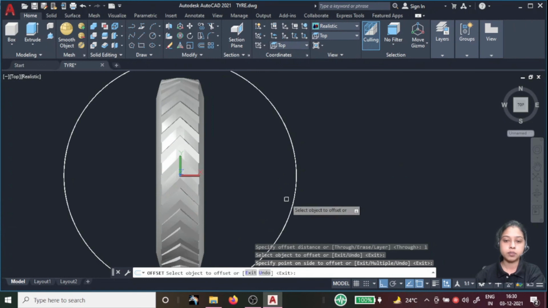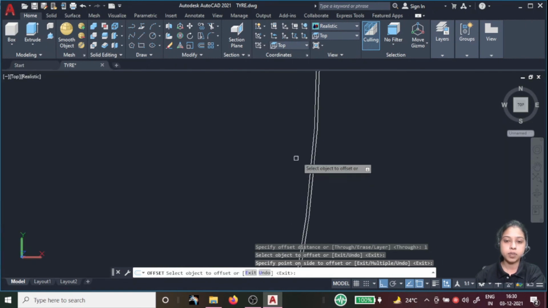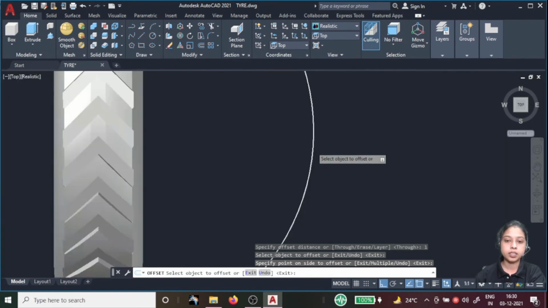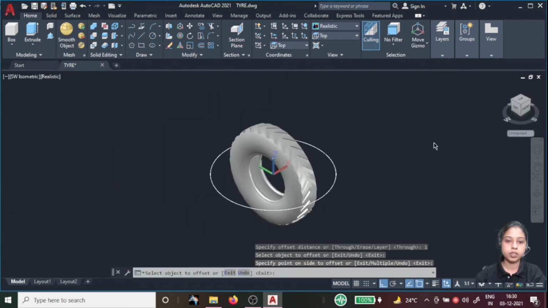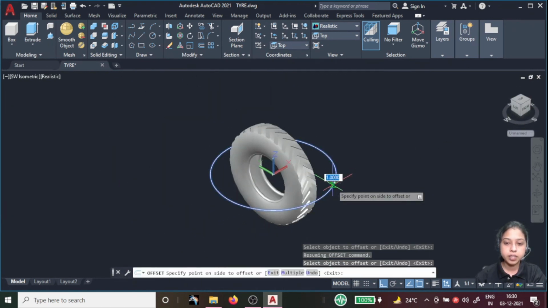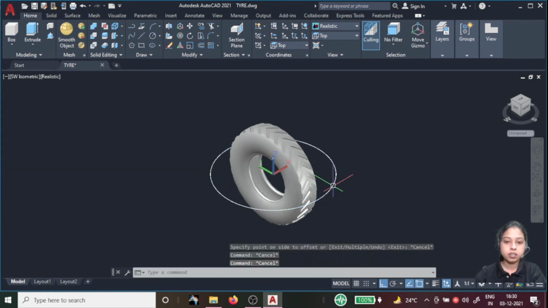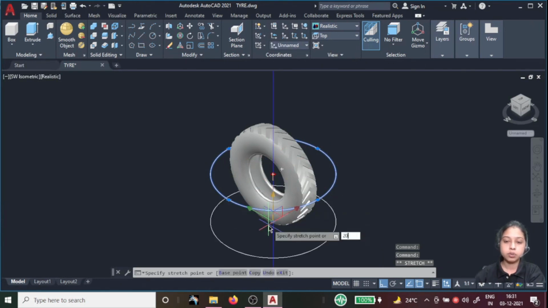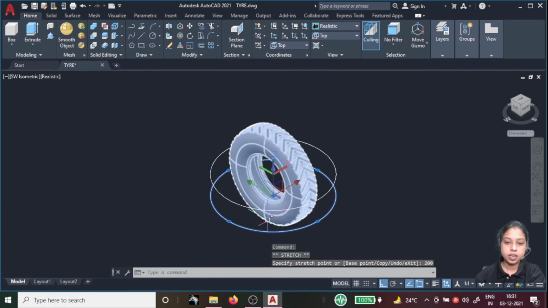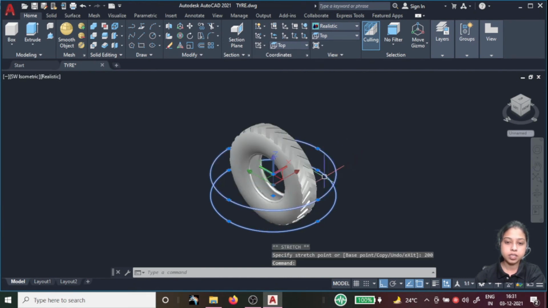See, if I zoom in, now see, this is my 1 mm offset. So go for the isometric view. Now it is the isometric view, but my profile is not at the last portion of my profile, so I'm giving the distance 200, and same thing for this.